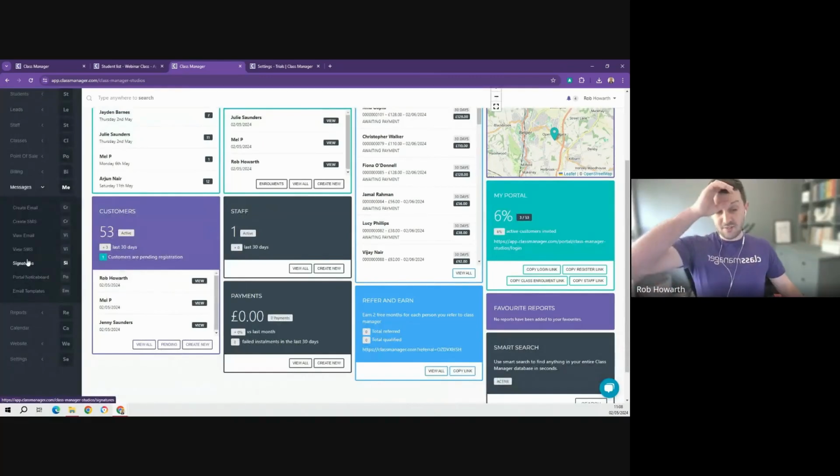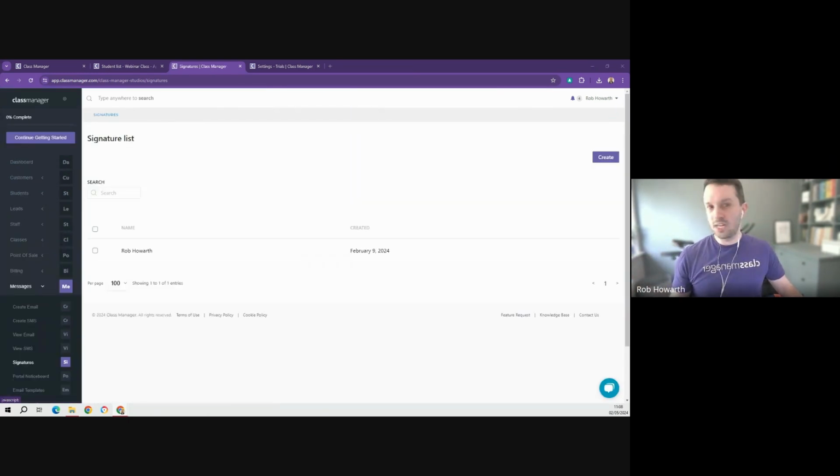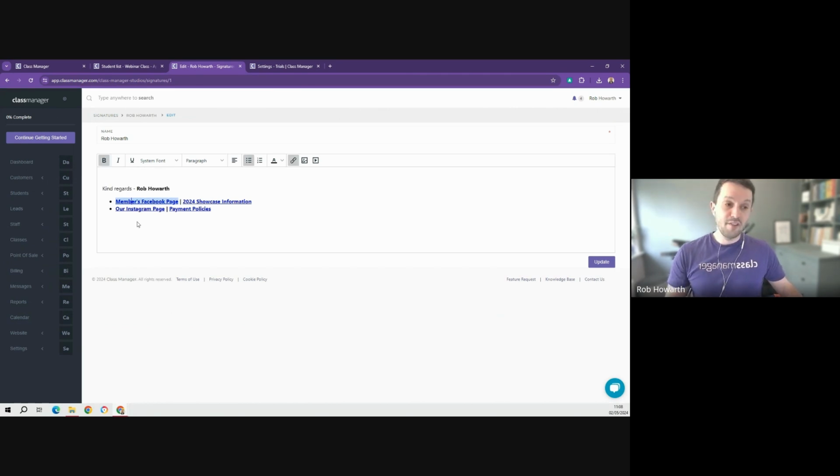In fact, I can't believe we haven't done this. So again, it's not important, but I love it. It is important. Head to messages and go to signatures. Then I'm just going to move my little window out of the way. Then we can see here's one I made earlier, but you can just hit create to make a new one. And at the end of my emails, I've just put kind regards, Rob Howarth, and then here is some links